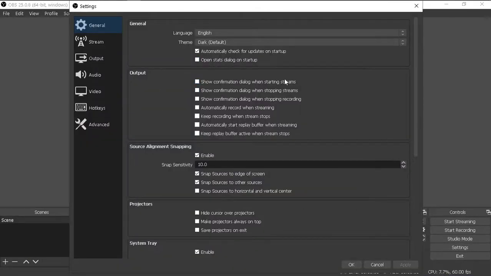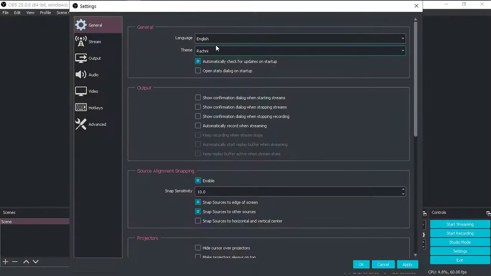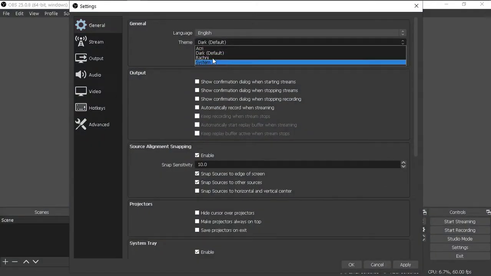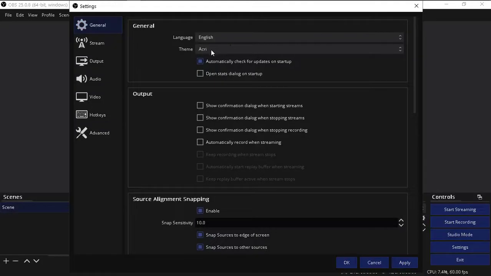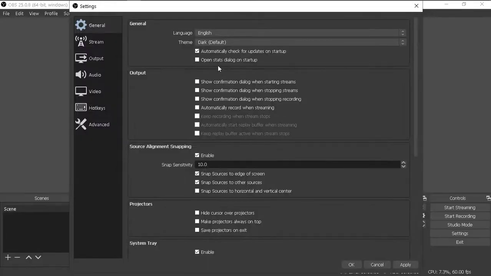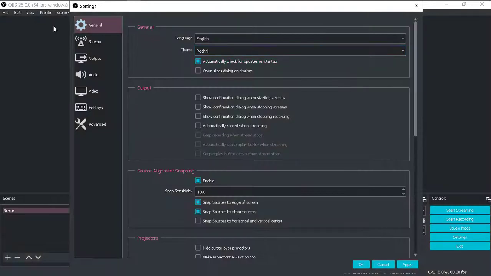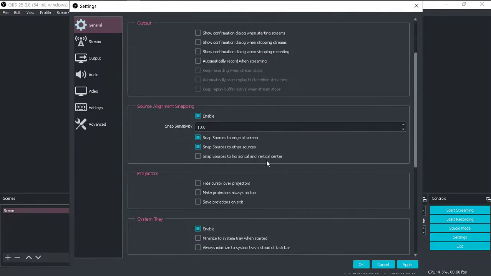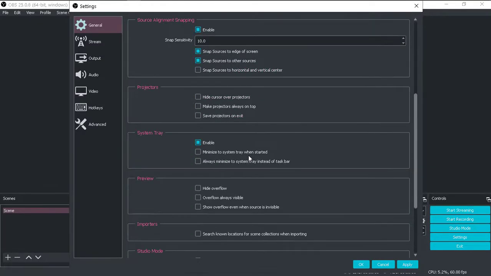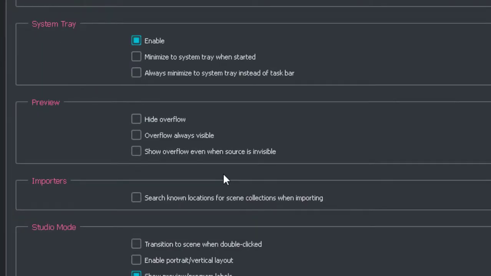In the settings, we have themes in which you can select the desired theme. You have 4 to 5 themes based on your preferences. You can choose any of them, right from the light theme, dark theme, and 2 or 3 color themes. This is looking pretty good, and let's go ahead to the next setting. Right up here we have output settings, input settings. These are all pretty simple settings where you can simply enable them and check out those features. Nothing more to do with this.